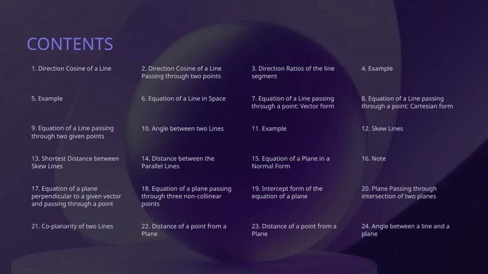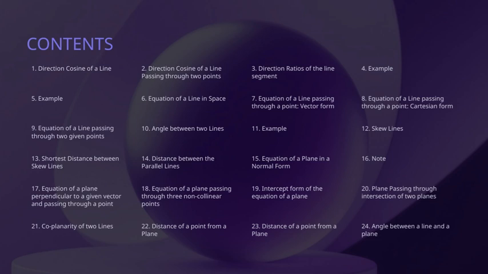Following that, we'll review the equation of a line passing through a point, specifically in Cartesian form, which is essential for defining lines in coordinate systems. An example will help concretize this concept. Then, we'll discuss the distance from a point to a plane, a critical measure in many applications, and look at the intercept form of a plane's equation, which provides an intuitive way to understand its position. We'll also cover the normal form of a plane's equation, which involves the plane's perpendicular vector, making it easier to